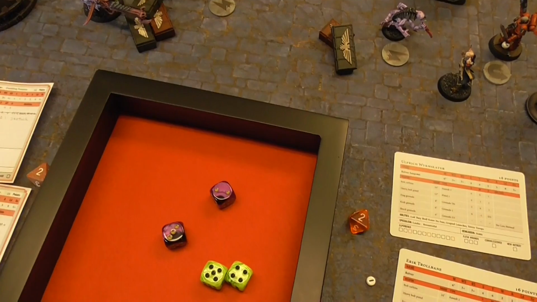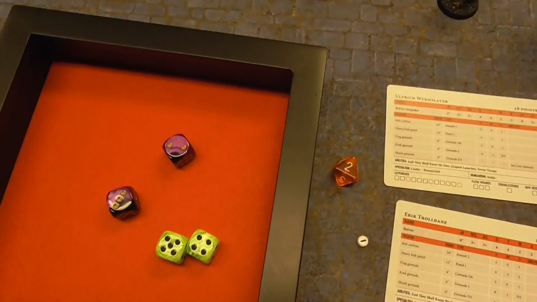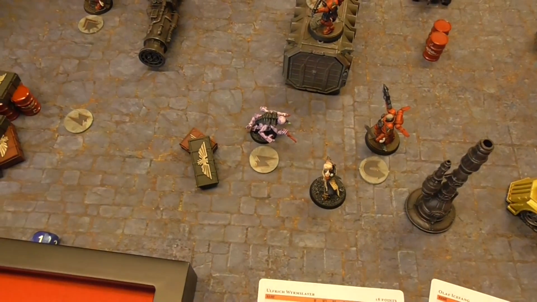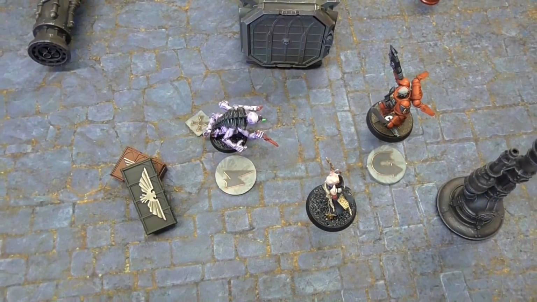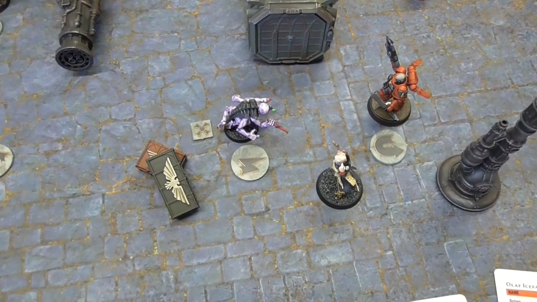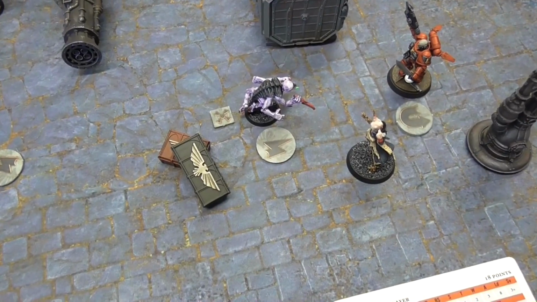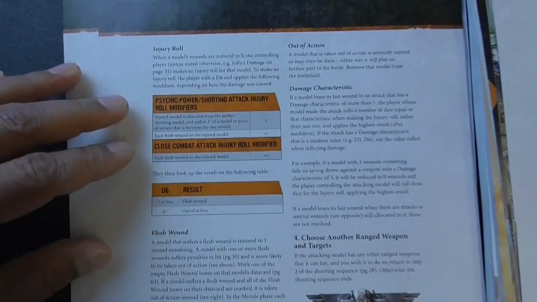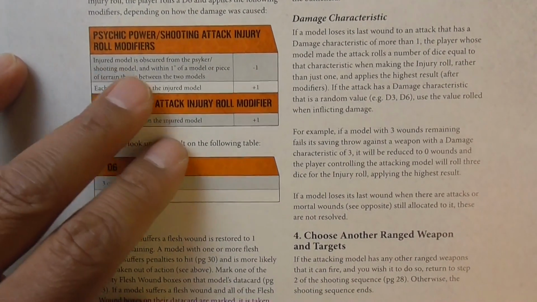If I roll a 4, 5, or 6, the model is removed and is killed. But if you roll 3 or below, the model takes a wound, a flesh wound, and that's what this is here. And those can stack, and a model can have up to 3. At the 4th flesh wound, it is automatically killed. There are modifiers for the injury roll, and so here, if the injured model is obscured